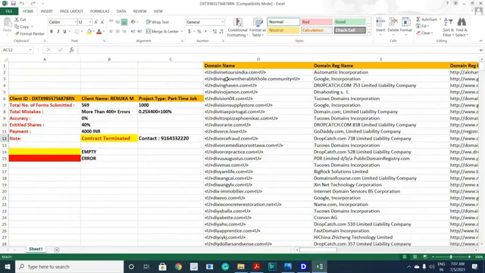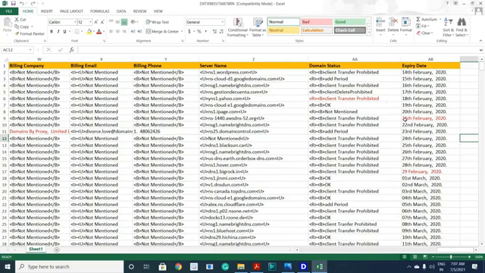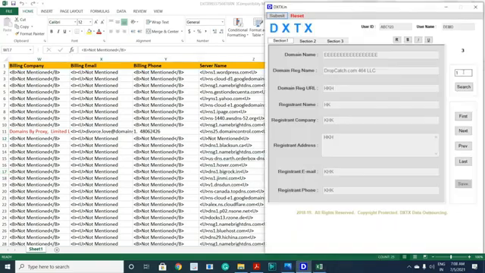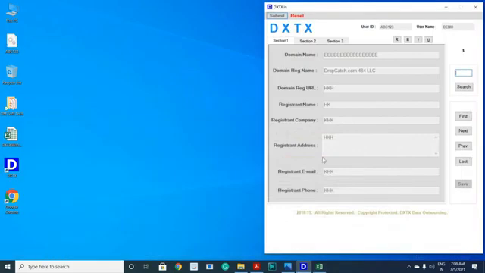You'll get it in the format of domain name, domain register name. If you have made any mistakes, they are highlighted with a red mark. Here there is a mistake, here also there is a mistake. If you want to cross check, you can go to the search option and search that form number. Then you find your mistake. Otherwise, people will say, sir, we did it properly, and from your side there is a mistake, and miscommunication will happen.